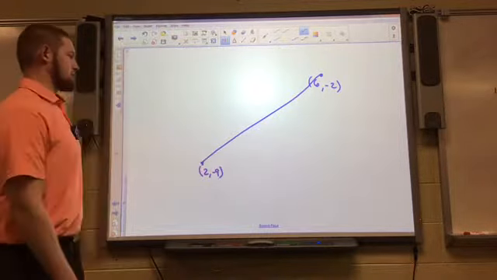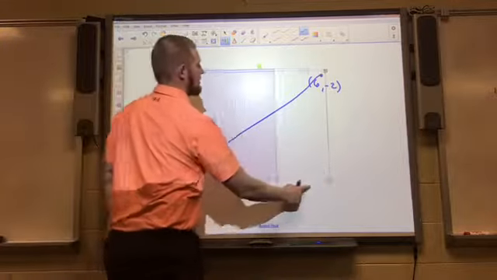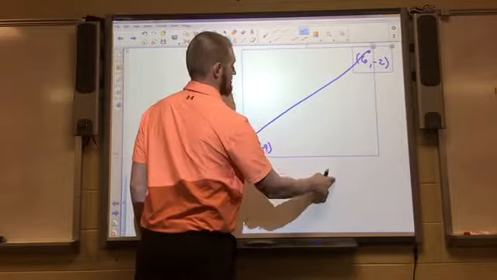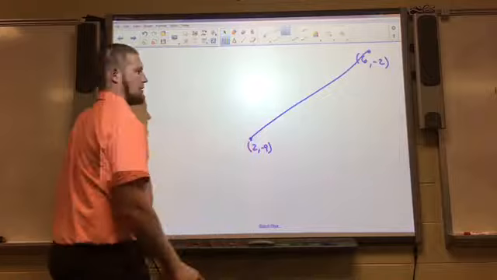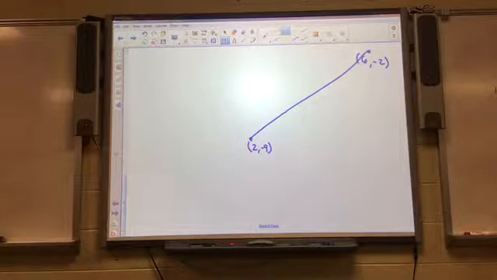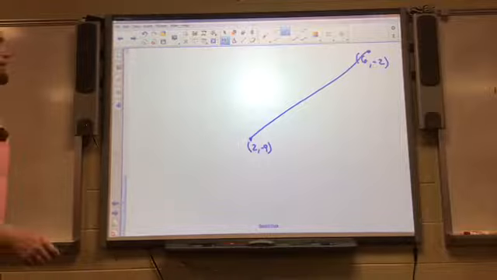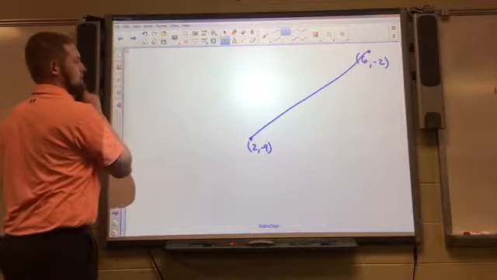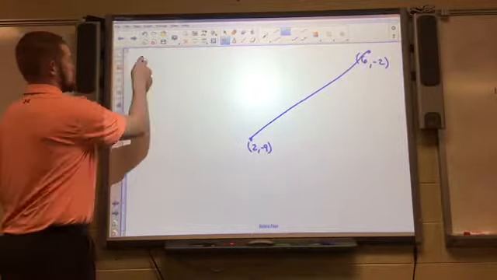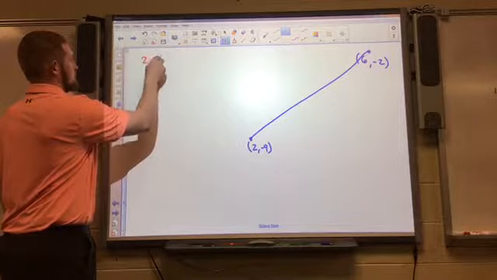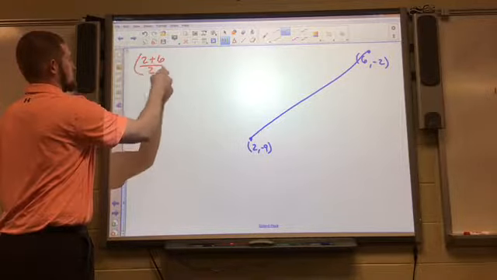It's supposed to be a straight segment. How can I find the midpoint or the middle point on that segment? Use the midpoint formula, right? Okay, so my midpoint is going to be the average of my x's, which is going to be 2 plus 6 over 2, comma,